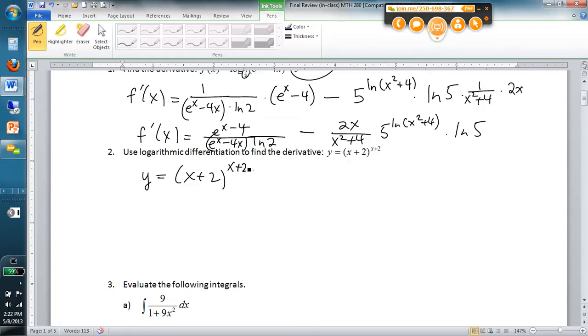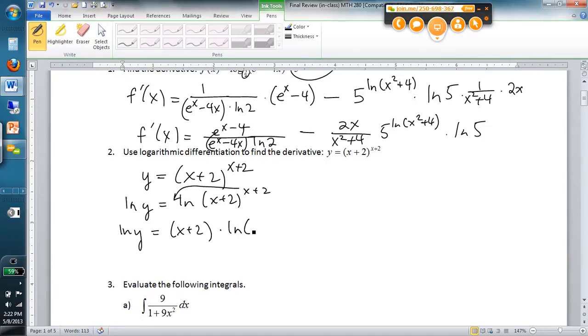Do you use something else? Well, logarithmic differentiation will take care of it. Remember what we do? ln both sides. Why do we do that? Well, in an ln, you can bring down the power, can't you? So it'd be ln of y equals x plus 2 times the ln of x plus